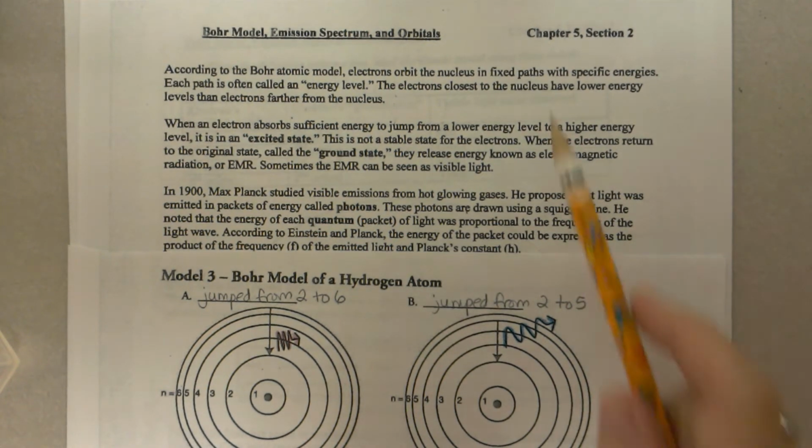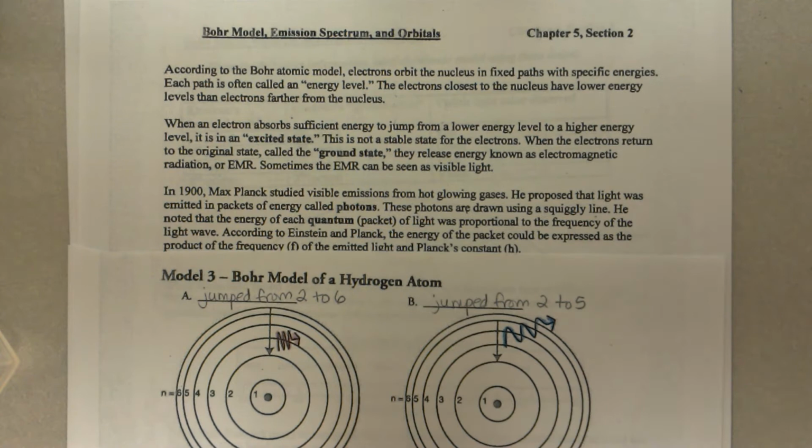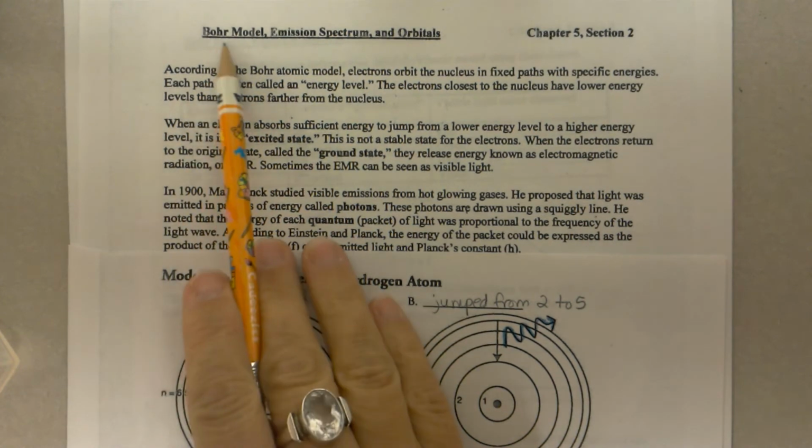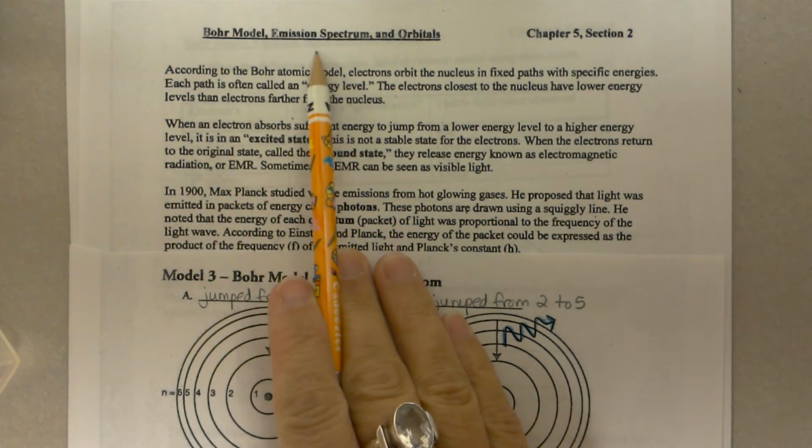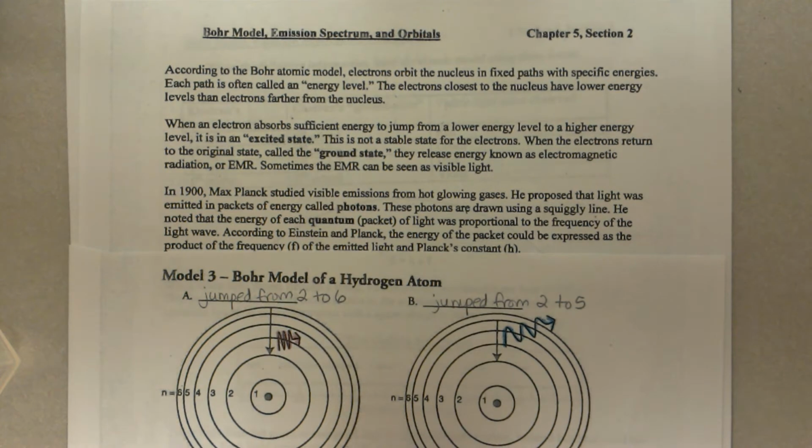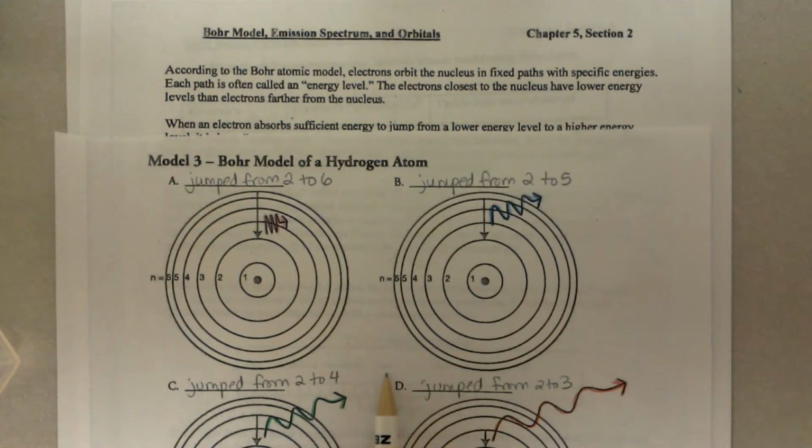Today we're going to talk about Chapter 5, Section 2 of our chemistry book, where we relate the Bohr model with the emission spectrum, and we also talk a little bit about orbitals and how those affect frequencies and photons and light of the electromagnetic spectrum. So first we're going to go over a few vocabulary words and look at how the Bohr model relates to